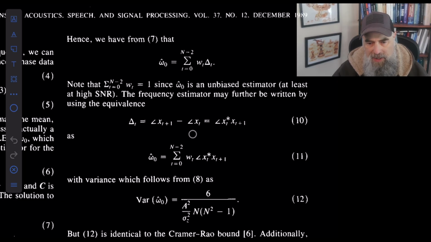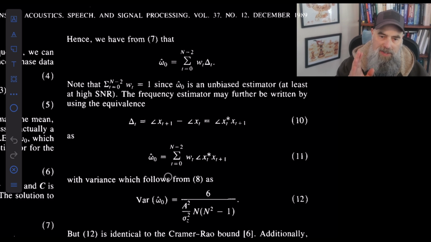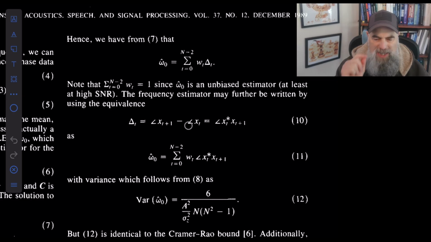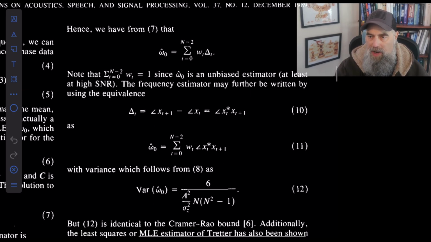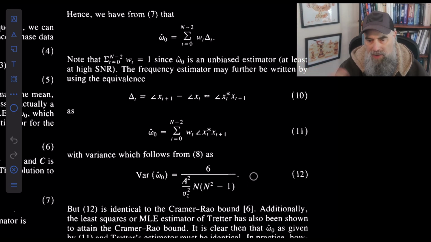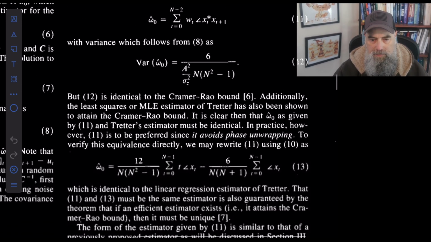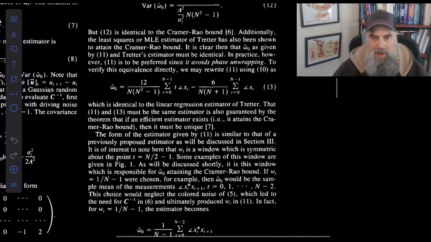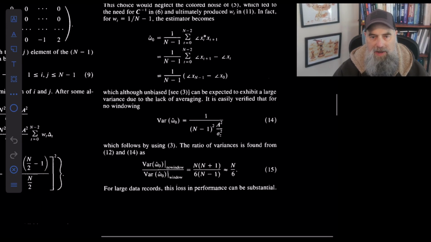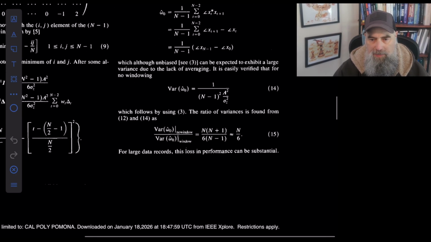Now this estimator has a closed form variance, which is the Cramér-Rao lower bound, but remember this is true only for high SNRs. So this is an efficient estimator, but only for high SNRs. It is well suited for calibration purposes, in which we can control the tone, the amount of energy we invest in the tone that we are injecting, for example. All right, now he's going and comparing it with other estimators, and he shows that his estimator is preferable